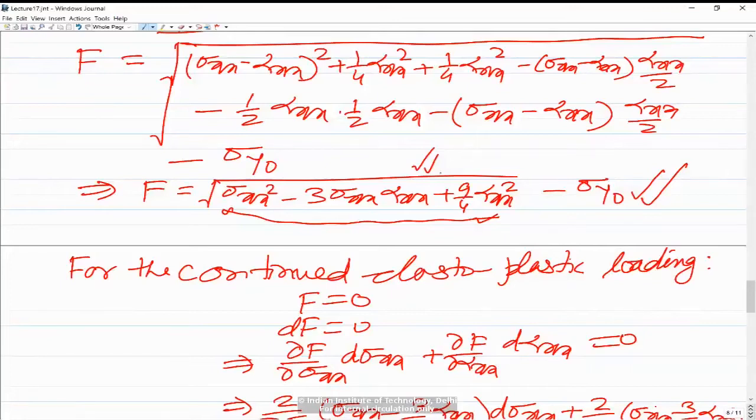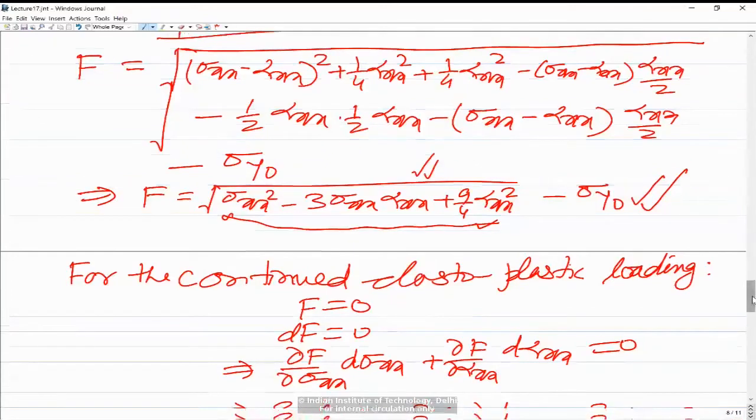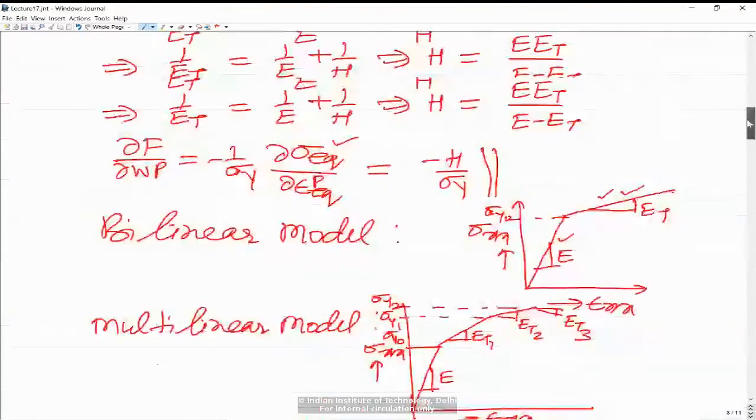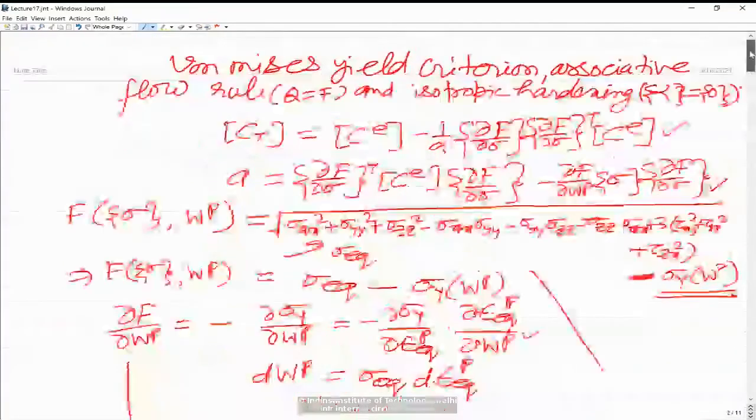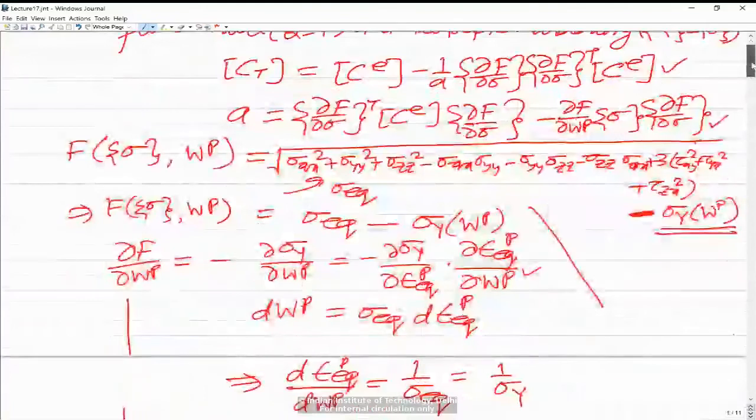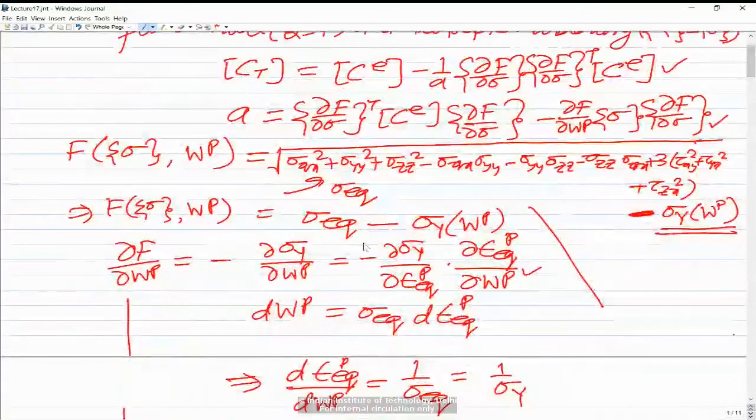Sir, in lecture 17, when we are defining this del F by del WP, where F is the yield function, and initially we defined the yield function as sigma equivalent minus sigma y. Let me go there. I am in lecture 17 only; the screen I am sharing is lecture 17. So you are talking about this one, right? Yes, sir. Sir, before that, we have